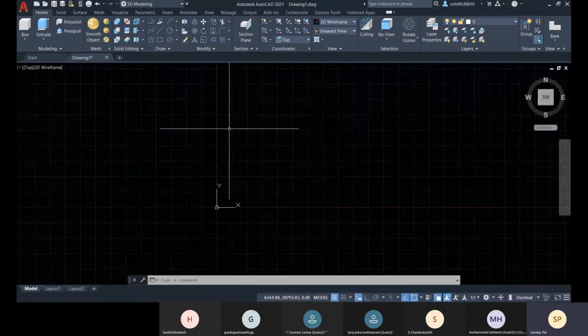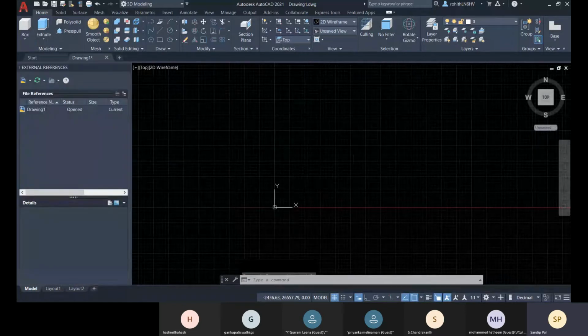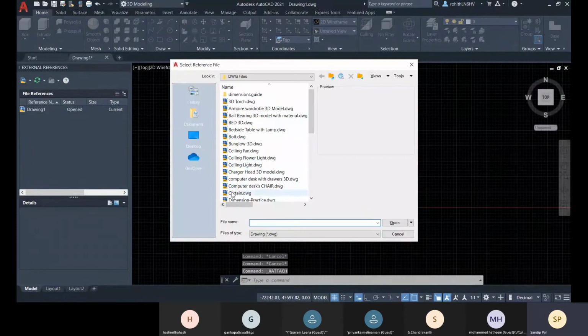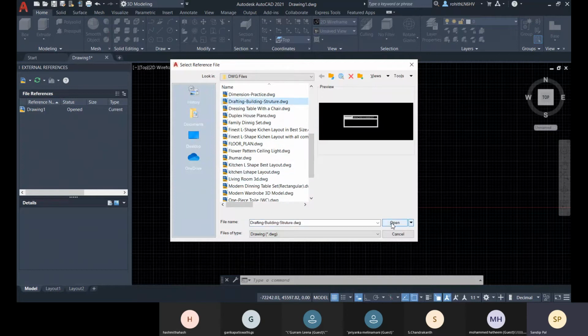Now I need to take one drawing as a reference to extract some part of the drawing. So like tracing. So for that I have this xref option, external reference, and there I will be choosing DWG, attach DWG, and it's asking me to choose that file. So I will choose this file.